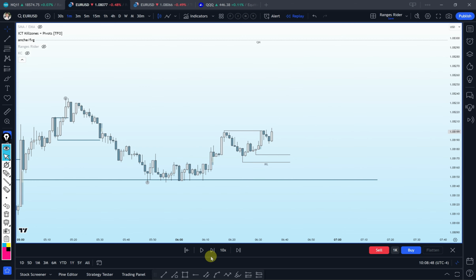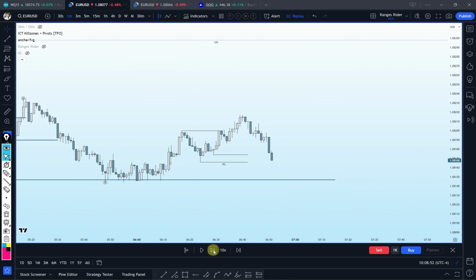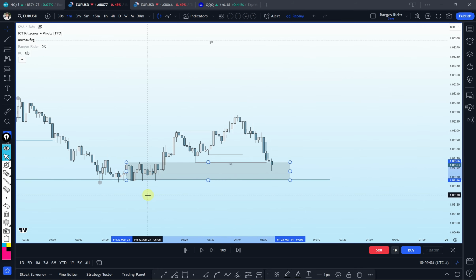In this case, we see, okay, we got the internal range liquidity already. So if we enter here, this is all our point of interest, by the way. If you see that we have the fair value gap here, and we can enter somewhere here,